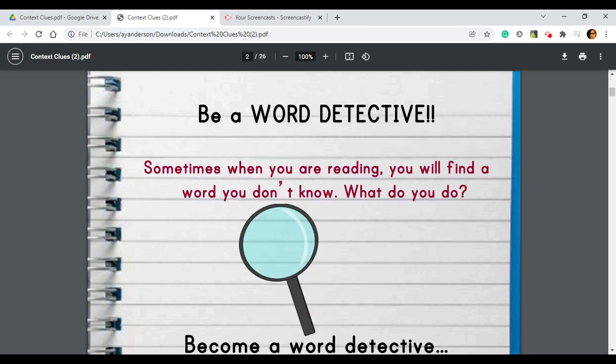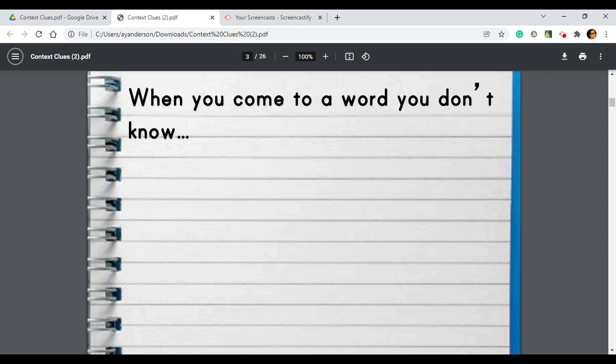Context clues. Be a word detective. Sometimes when you are reading, you will find a word you don't know. What do you do? Become a word detective. Use context clues. When you come to a word you don't know, look at the words or phrases around the